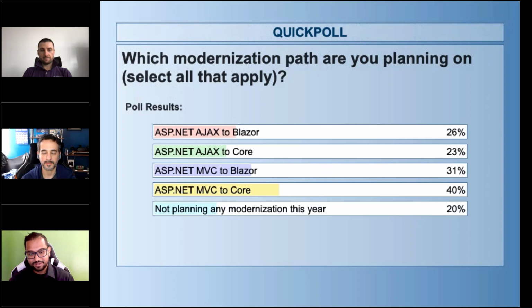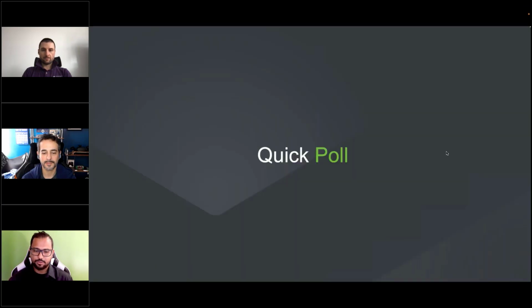Yeah, so it's a mixed bag, and that's exactly the point. No two apps are the same. You have your code bases, your data tiers, your UI stack, and you're considering, should I jump all the way over to the most modern bits, or should I take baby steps towards it? So good to know. What's good here is we're going to try to address all of those migration paths today, and see what's in store for you.